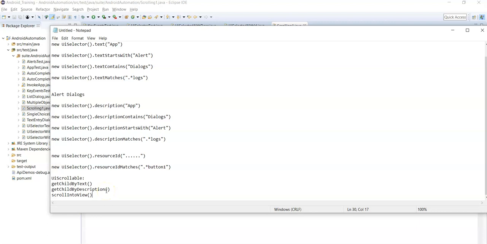Now let's see how to scroll using get child by text method. To use this method, you first need to identify three parameters. First one is the identifier for the scrollable container. So what is a scrollable container?